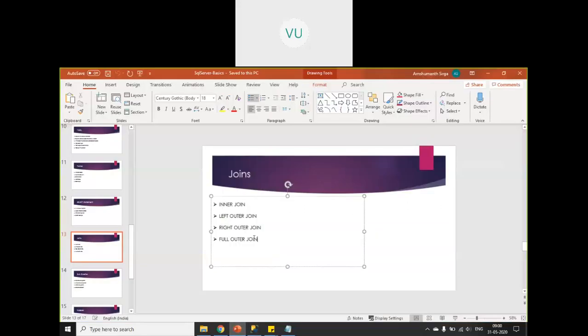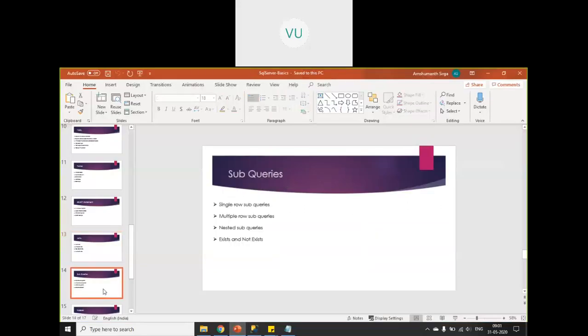Okay. So coming to subqueries, basically there are three types of subqueries: single row subqueries, multiple row subqueries, and nested subqueries. Single row subqueries are subqueries where the inner query is returning one value.